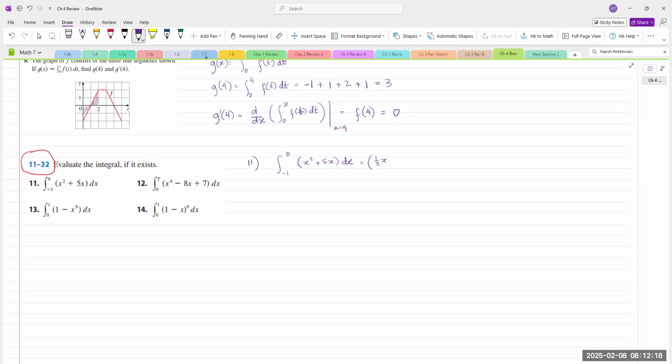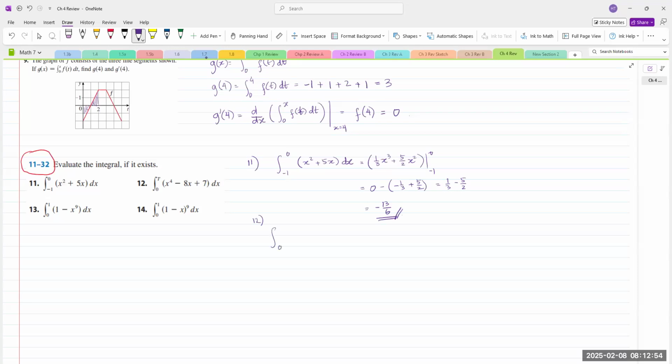Okay, this is 1/3 x cubed plus 5/2 x squared from -1 to 0. So at 0, there will be 0. At -1, there will be -1/3 plus 5/2, which is 1/3 minus 5/2, that's -13 over 6. That's for number 11. Number 12,